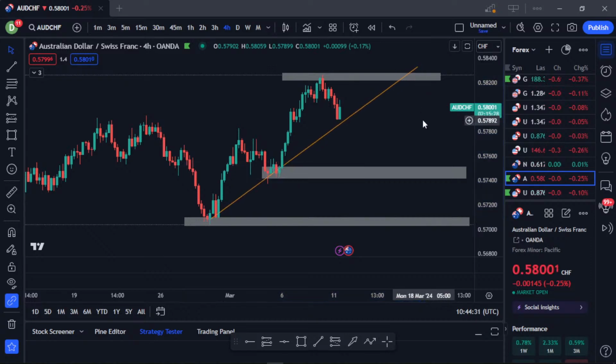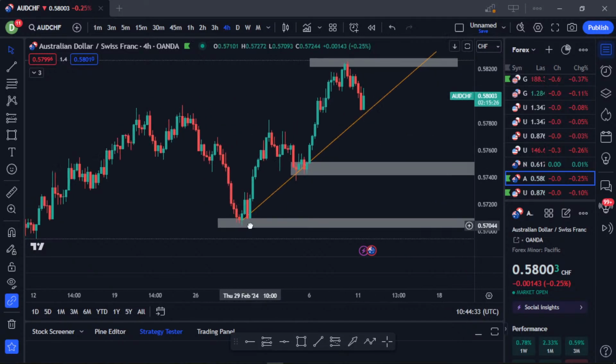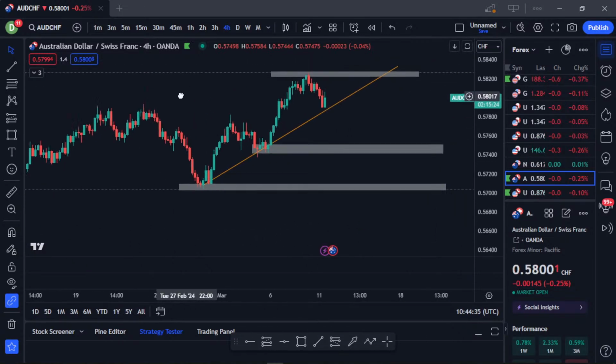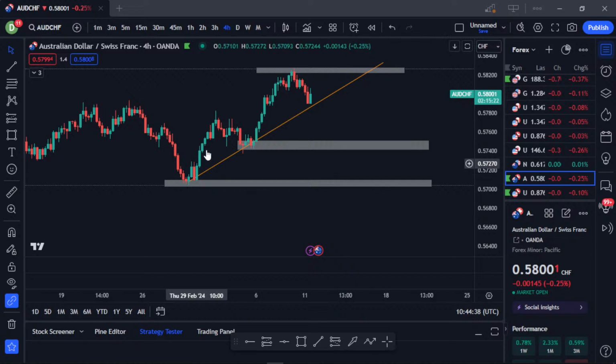Okay, so here is the market movement right now. You can see the market is currently moving upward. You can see after this retest here, it moved back upward. So now we'll be looking for our entry opportunities in this market on the lower time frame, because on the higher time frame right now, the only